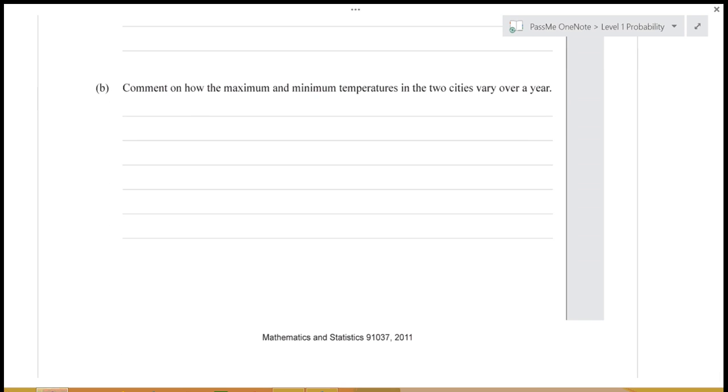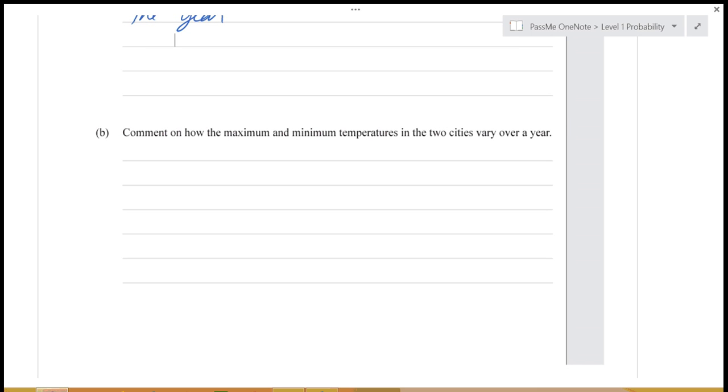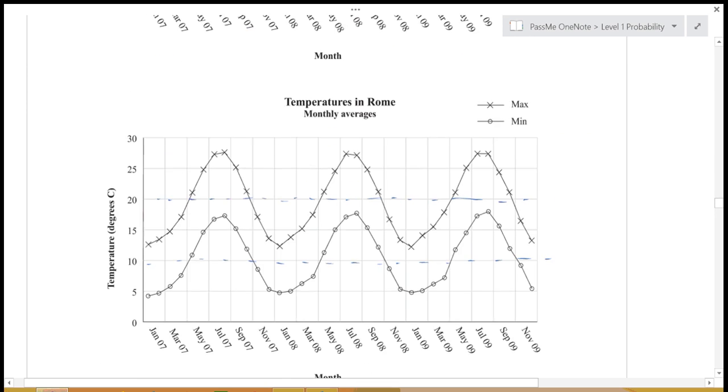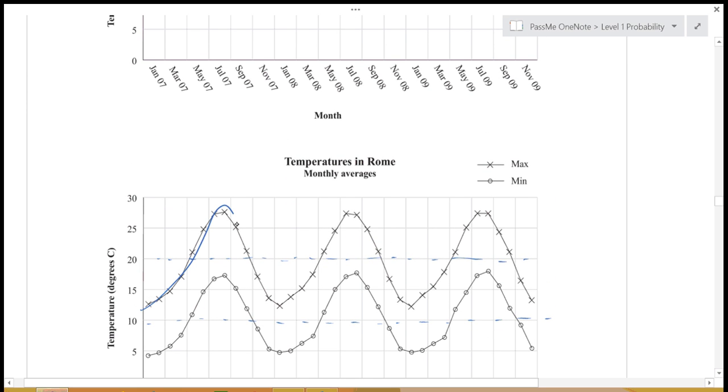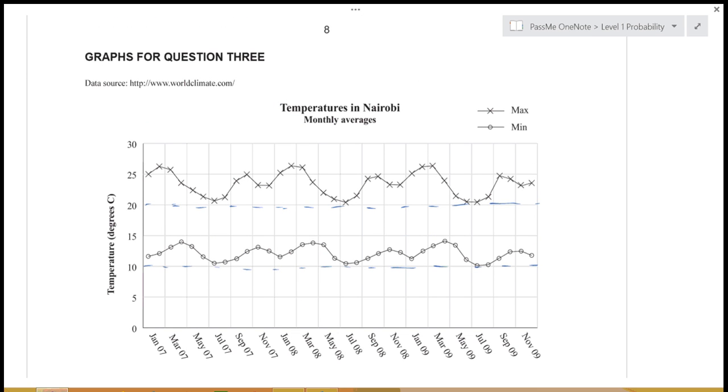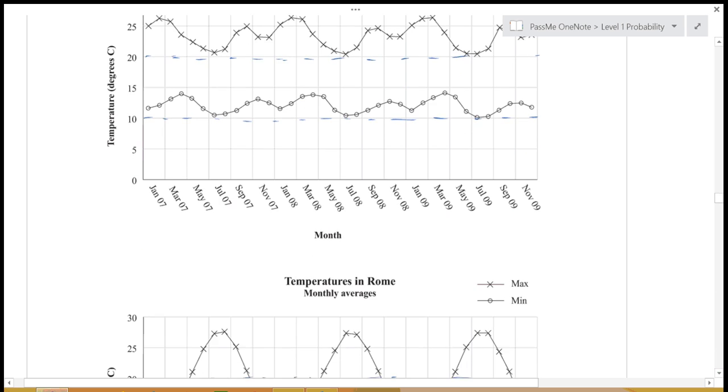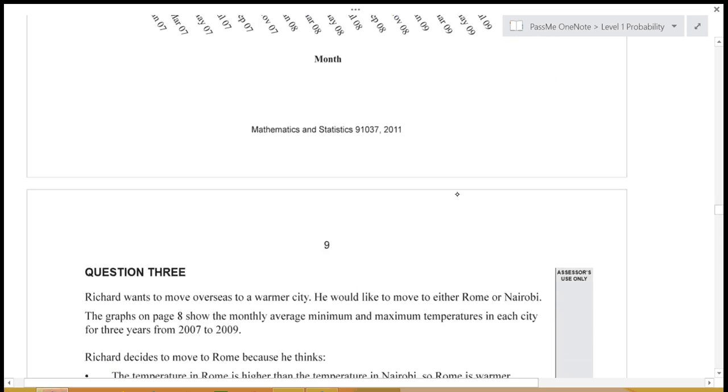Okay, comment on how the maximum and minimum temperatures in the two cities vary. So here they're really talking about all the seasonal effects that we have. So in Rome we have a very strong seasonal effect. It's obviously a sort of temperate climate with the maximums and the minimums. In Nairobi we also have a seasonal effect, but it's not as strong. And we also seem to have a sort of bimodal pattern within each year. So what we'll say is